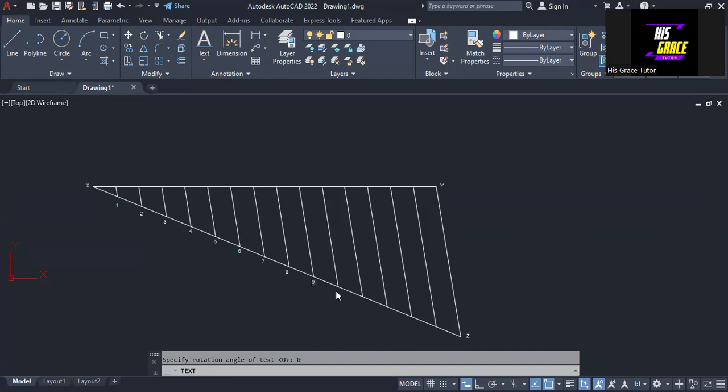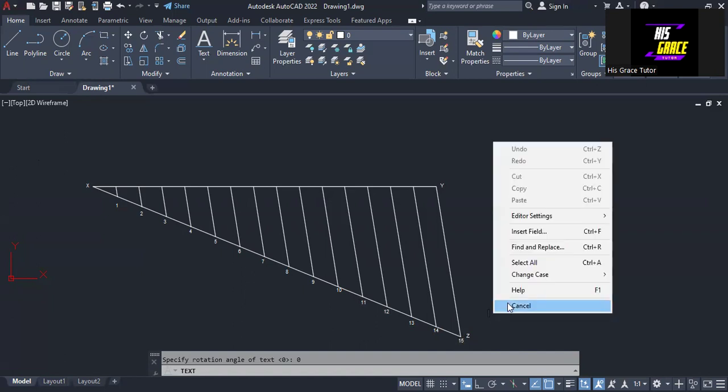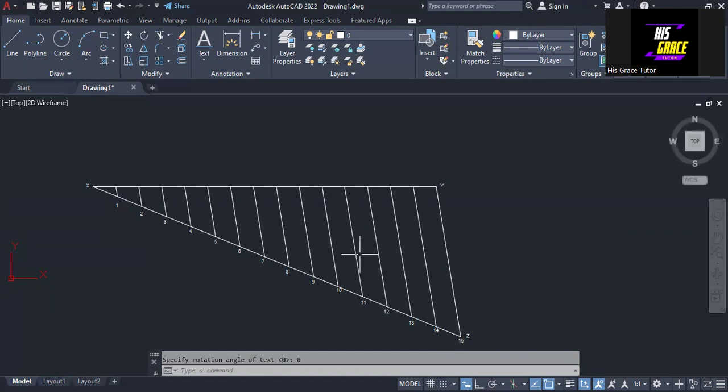So this is 10. So this is 11. While this is 12, there is 13. Okay, this is 14. And then the last one here is 15. Okay, so we have that. All right. So the next thing that we are going to do, if you look at the last